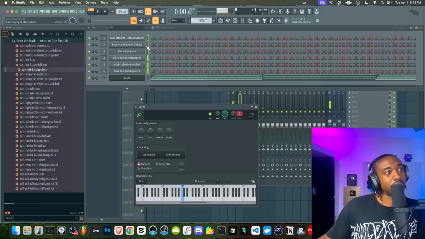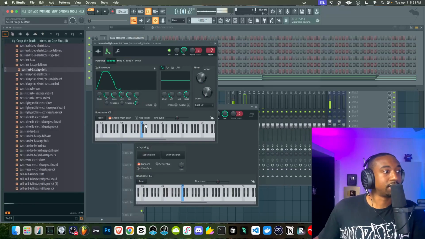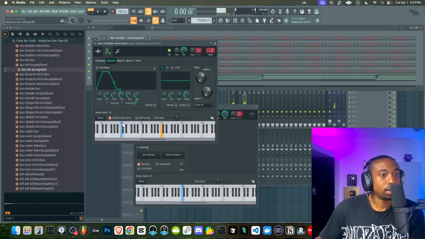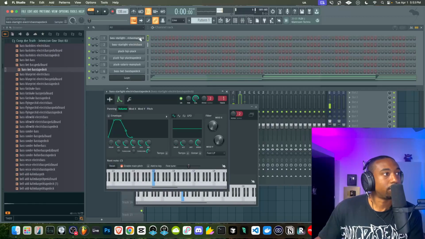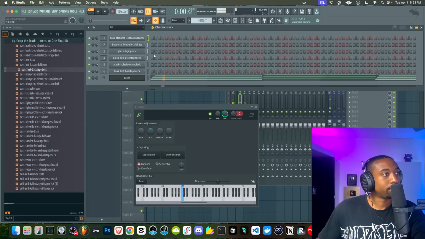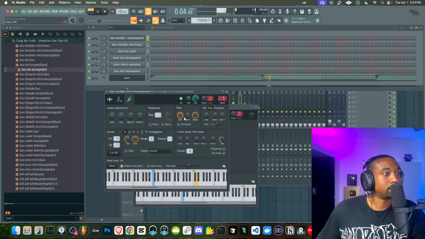Worst case scenario, let's say the bass is playing too low of a note. You click on your bass and you can right click to reset what's called the root key. So I'm playing one note here on the keyboard. If I right click an octave to the left, it will pitch it up basically. So let's do that for each bass sample so that basically when the bass plays, it won't play the super low note that clashes with the chord. Now we get a unique sound. And now we can go to each bass sound and then do our portamento effects.